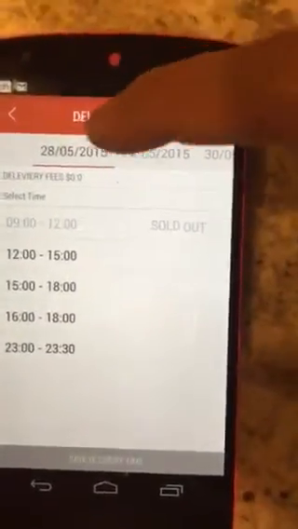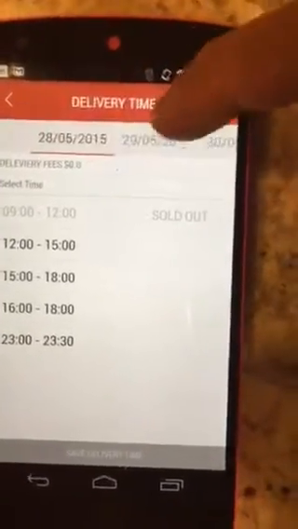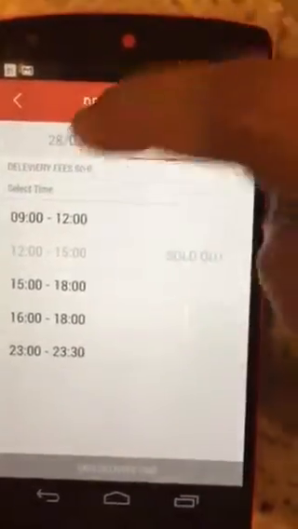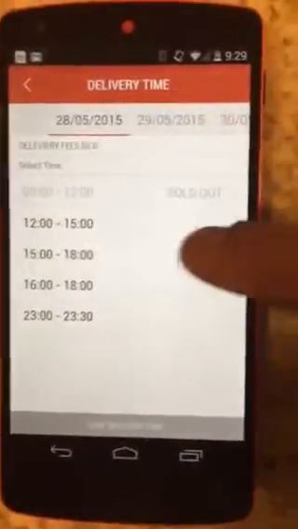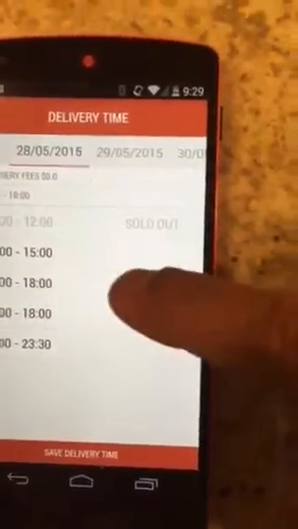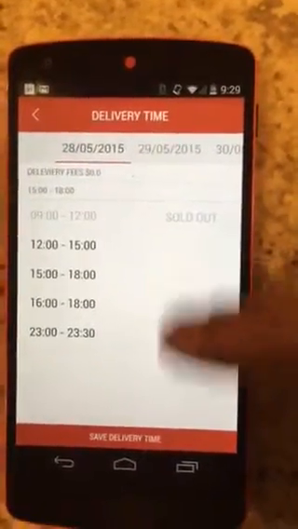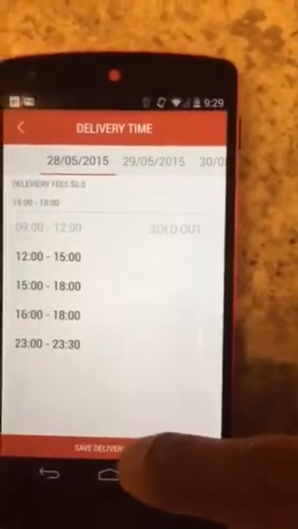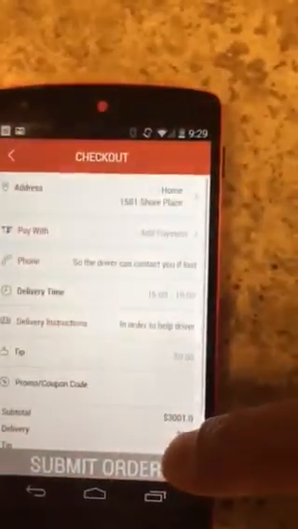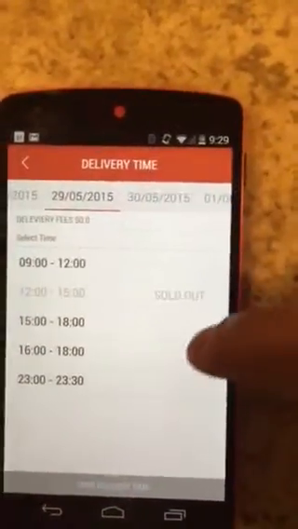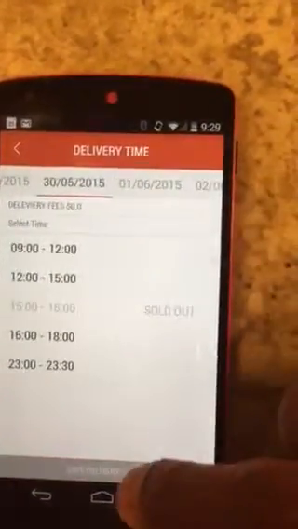And I always want today and tomorrow displayed here, just like we have in the mocks and everything, and the red line should be thicker. And if I do select a time, then it should have the row selected in blue, and it did the right thing that it enabled this button. So if I save delivery time, it does that, which is good. And it shows sold out, which is great.